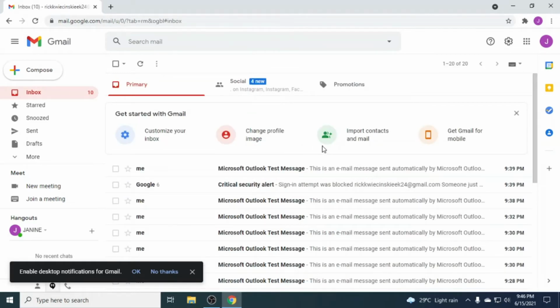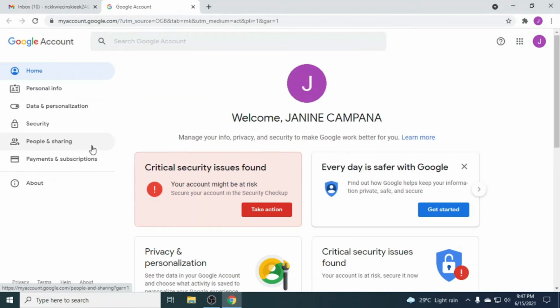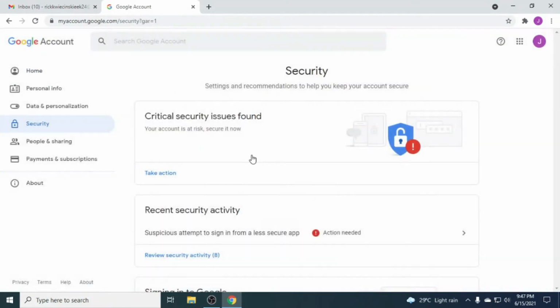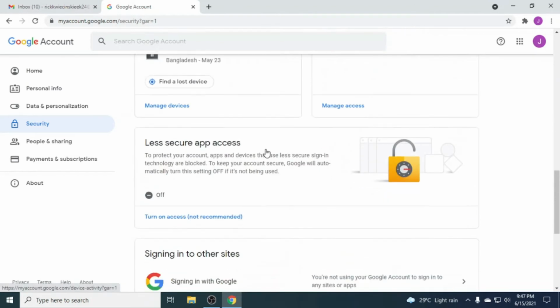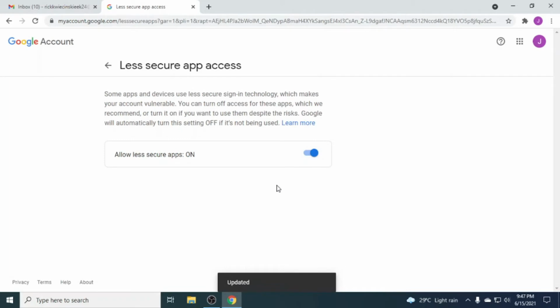Okay, so that's all. Another option is you have to enable less secure apps, otherwise you cannot download Gmail to other third-party devices. In that case, click on the profile image, then manage your Google account. Then you can see there is a Security tab. Just go down and you will get less secure apps, which by default is off. You have to turn allow less secure apps on, otherwise you cannot download Gmail to Outlook. So now our webmail settings are over.